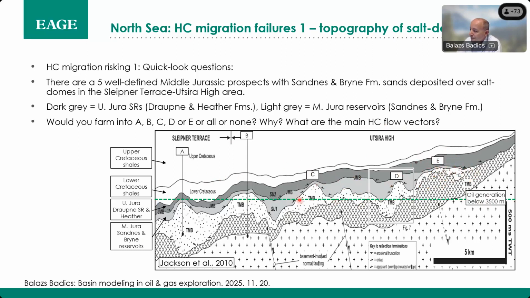And also, you cannot assume fill and spill when you have a structure, for example, like B. In order to spill from B to C, D, and E, you have to have an awfully big column building up, which is not very likely. So basically, this is just an example showing